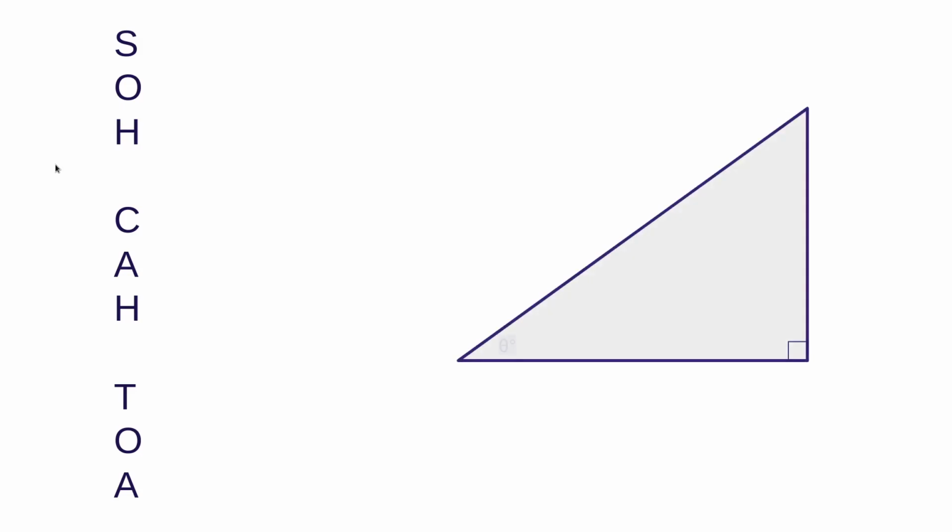We need first a right triangle, and second, we need an angle. Once we have an angle, I'll call my angle theta, that completely determines the shape of this triangle. It does not determine the size, so this triangle could be large or small, but things like how those three sides, the hypotenuse, opposite, and adjacent that I just labeled, how they numerically relate to each other, maybe one side's twice as big as another, all of that is